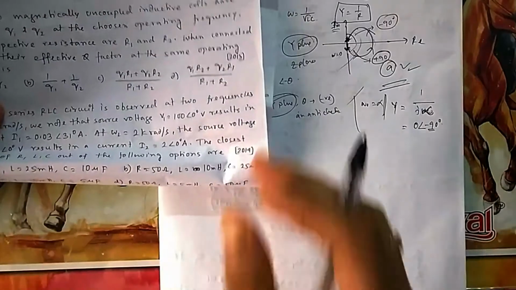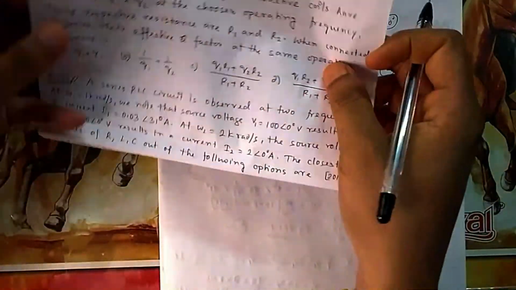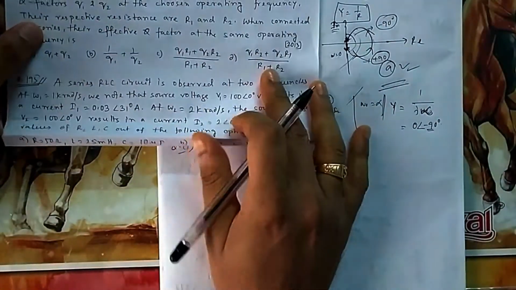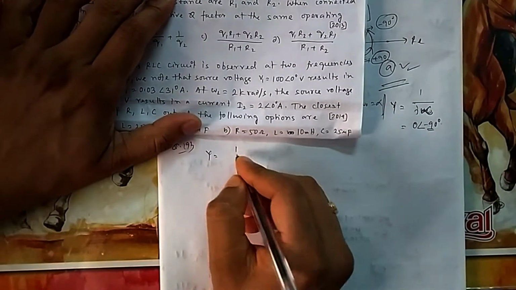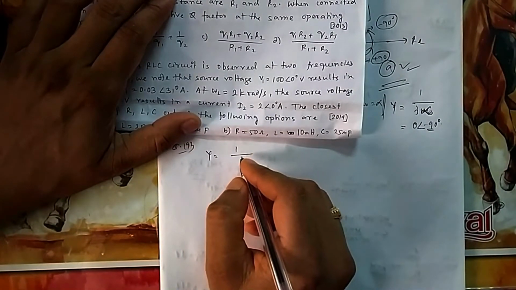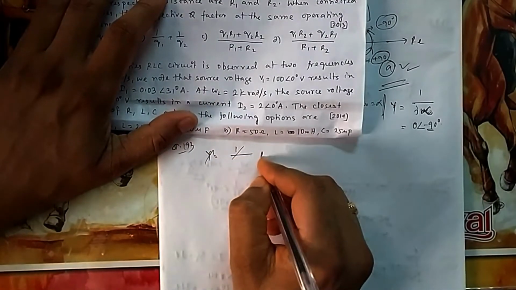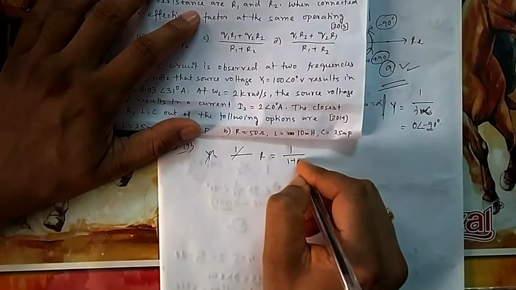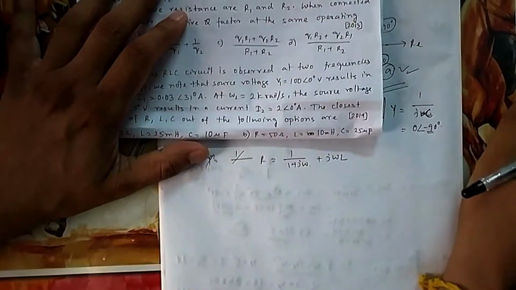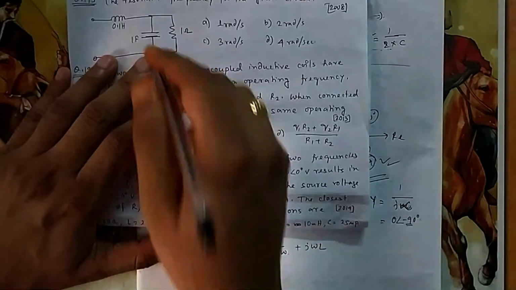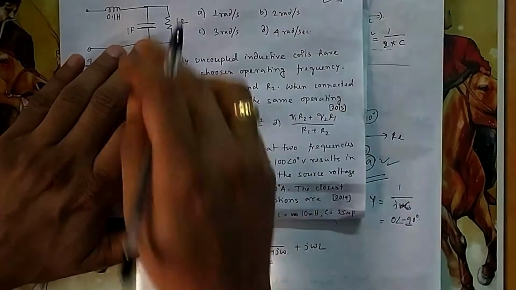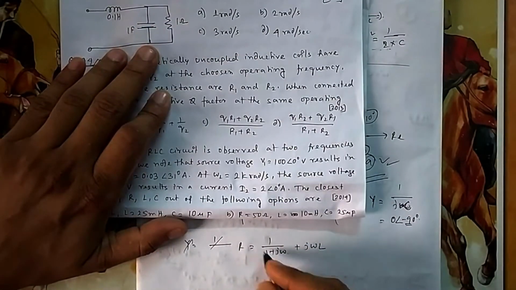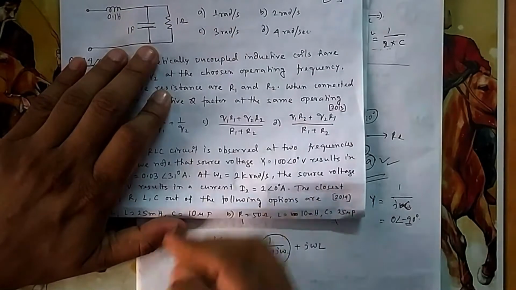So it is clear. Now, the resonant frequency of the given circuit. So what is the resonant frequency? I think you can easily do it. This is a simple question. If we calculate, or you can calculate Y, because it is also a series parallel. No need, let me calculate it for Z itself. So 1 by 1 plus j omega, this one. Here I have calculated Y. So what will be Y here? Y will be 1 plus this, and then I have taken the reverse of this one. You can think of it as I am doing a parallel operation only. So I am taking Y here for this segment only.